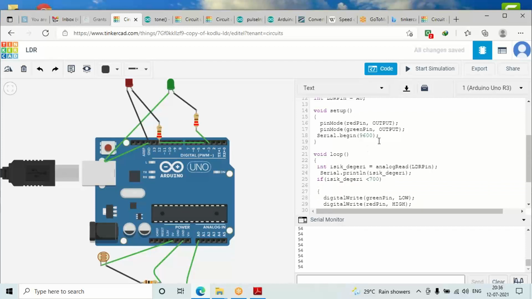In void setup, we have just set both our digital pins, that is red LED and green LED, as output with the help of the function pinMode. If you remember, I taught you one function called pinMode. With this, we can select any channel and mark it as an input channel or an output channel as per the requirement.